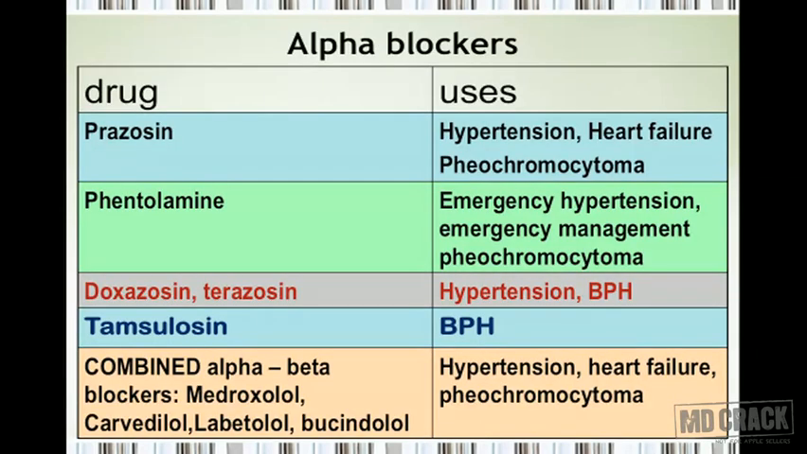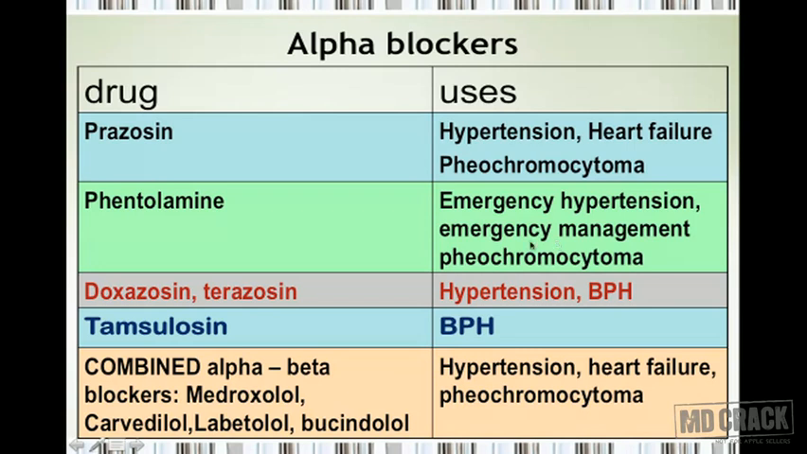Let's have a review. Let's look at this particular slide. All the alpha blockers are summarized on this slide. Prazosin, the first one, is useful in the management of hypertension, in the management of heart failure because it decreases the preload and afterload, and is also useful in the management of pheochromocytoma. Phentolamine is a short-acting agent and is mostly used by intravenous route of administration to treat emergency hypertension and emergency